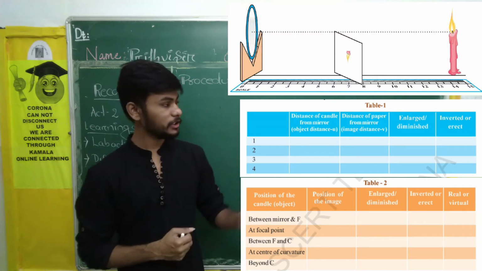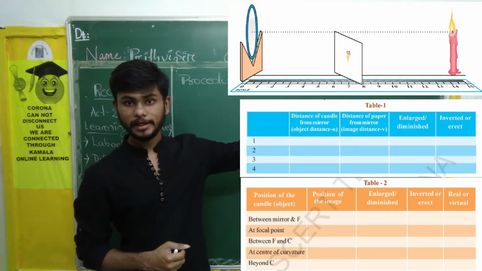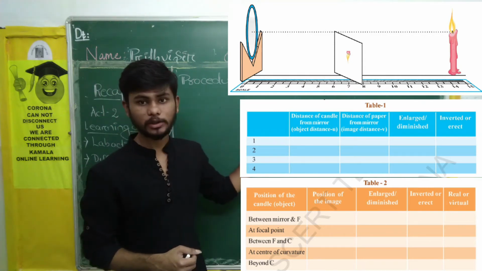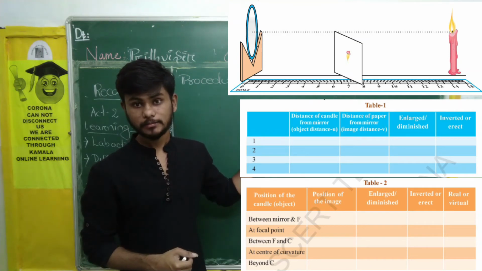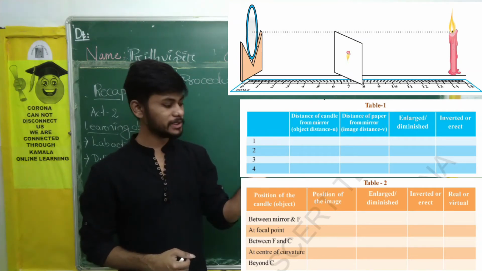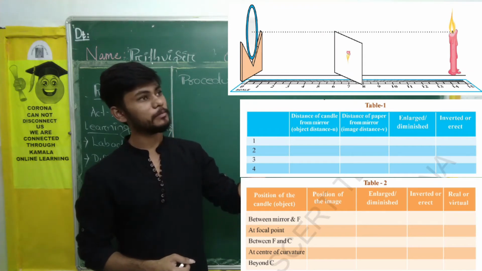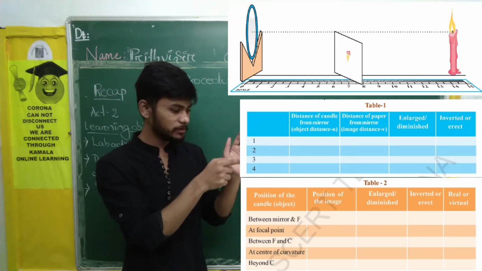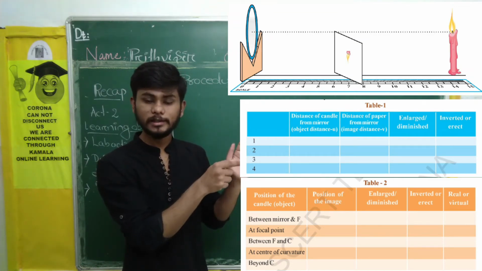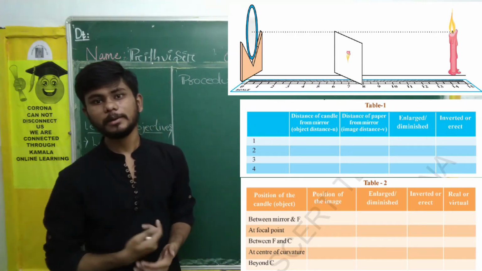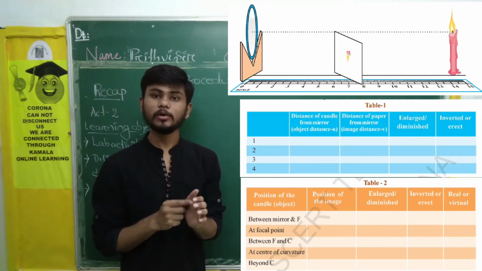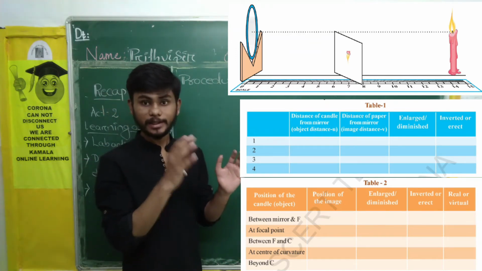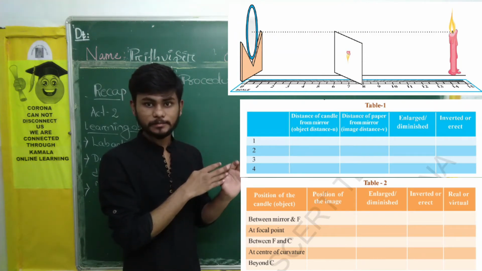I already explained to you. You need to take the concave mirror before the sun, and the rays which are coming parallel will form a bright spot in front of it. That bright spot distance is the focus or focal length from the mirror. Usually, whenever we buy a concave mirror, the focal length is given in centimeters. So first, we will keep the candle between the focus and the mirror, and then the next step